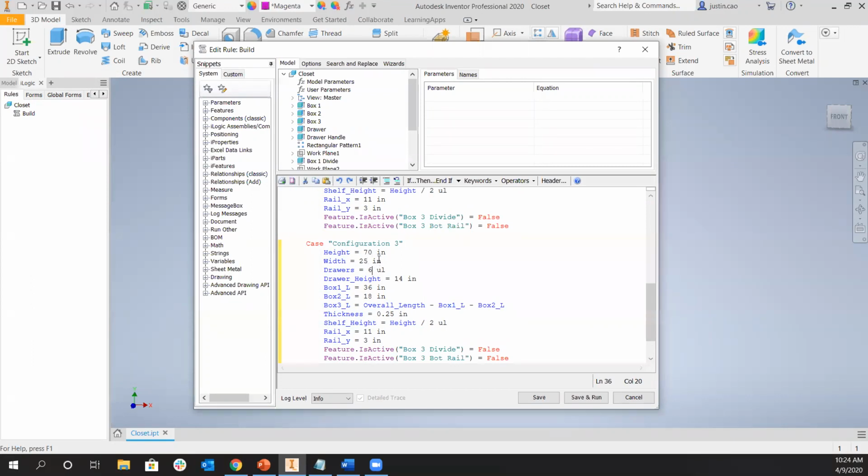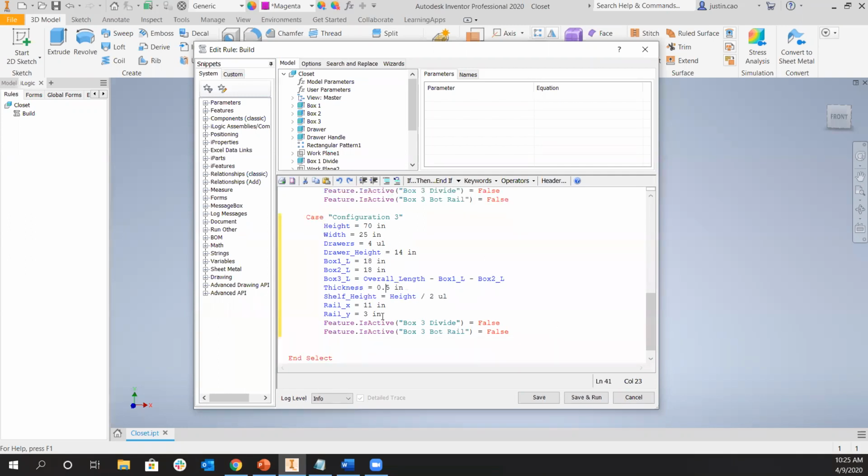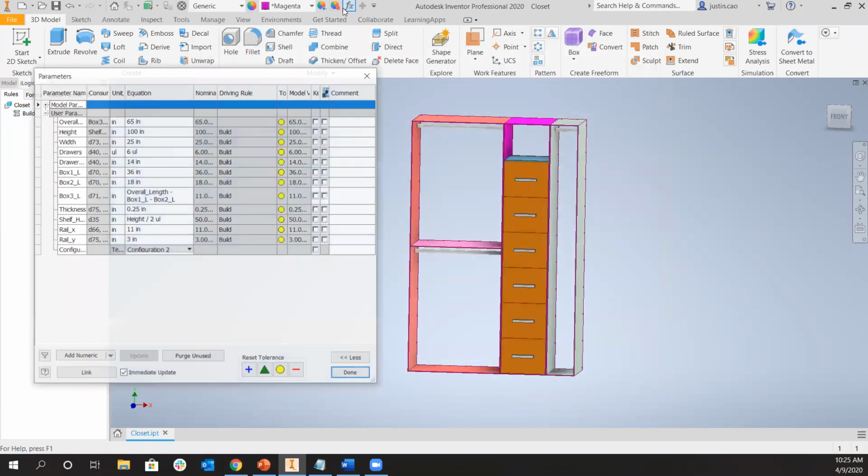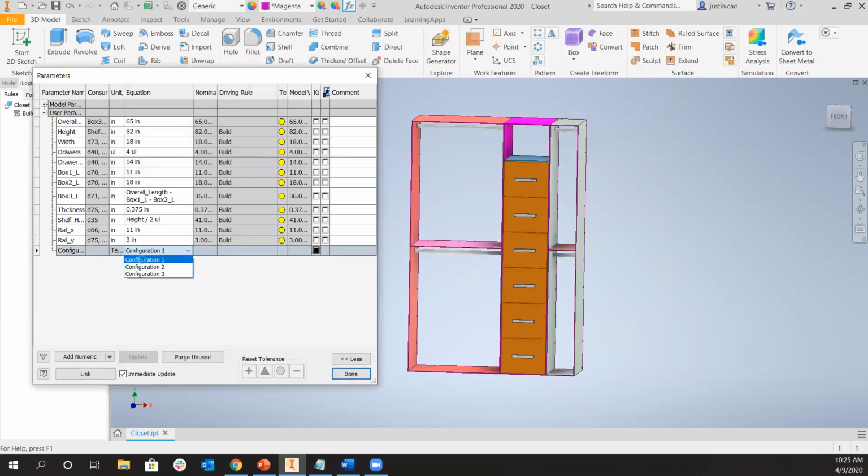The width was okay. Let's go ahead and cut it back down to 4 drawers. Let's say I want box 1 at 18 inches. And let's say instead of a 1/4 inch wood, we want 1/2 inch wood. And everything else, it was fine. So if we go ahead and save and run now, go over to our parameters, you can see configuration 1